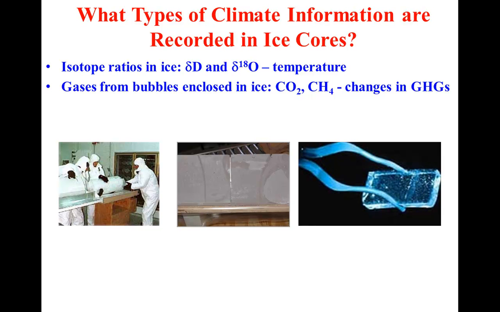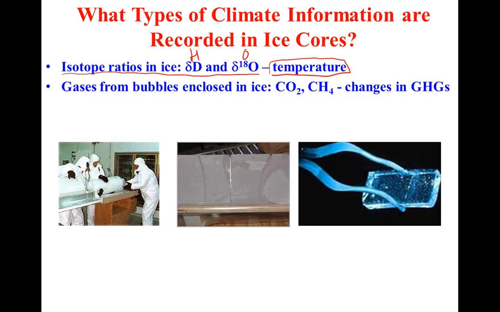In this week's lab, we're going to be working with ice core data to see what we can learn about how and why climate changes from measurements made on ice cores. Now, there's a lot of different kinds of measurements you can make on ice cores. The two best known are measurements of the ratios of hydrogen and oxygen isotopes in the ice itself. Ratios of those isotopes change as a function of changes in temperature. We'll talk about why in a minute.